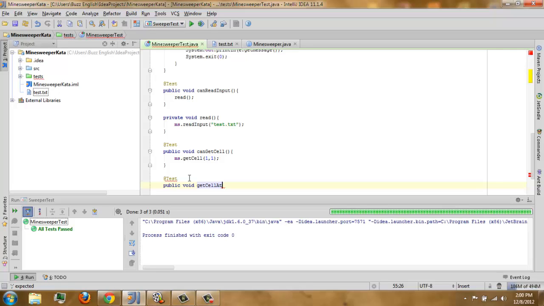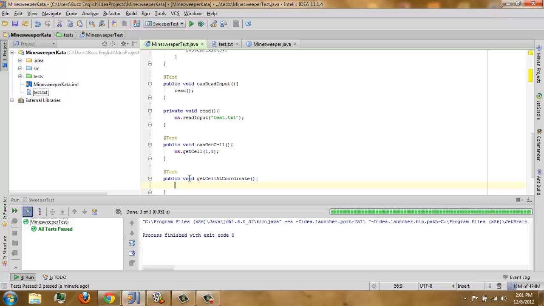It's row, column, right? Maybe at 1 1. We'll just make it 1 1. It's ugly, yes, but we'll just name that get cell at coordinate. It's okay, it's fine.